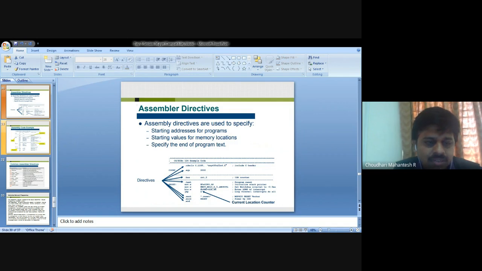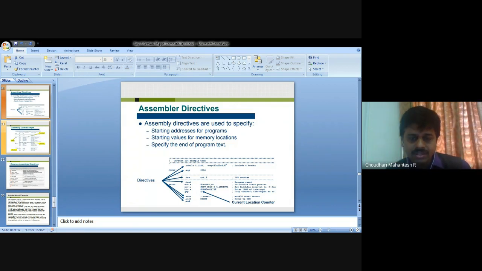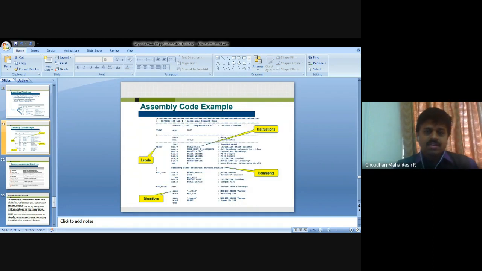Then the ISR counter, architecture-wise. So assembly directives provide addressing for programs, values of memory locations, and the end of programs. The current location counter is also shown here. Then assembly code examples.